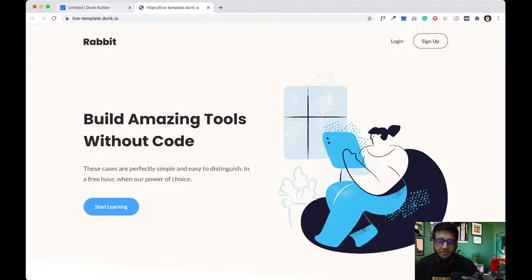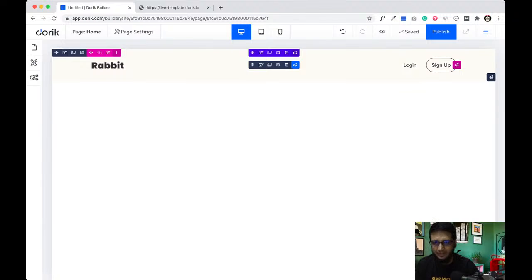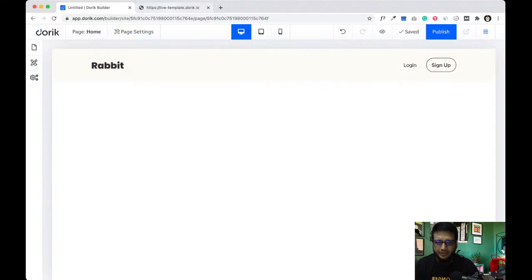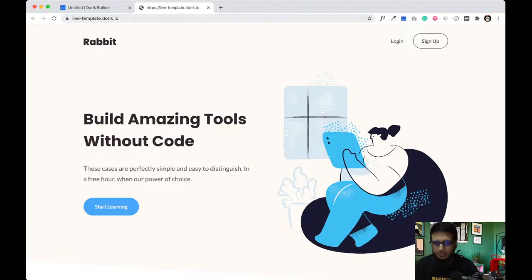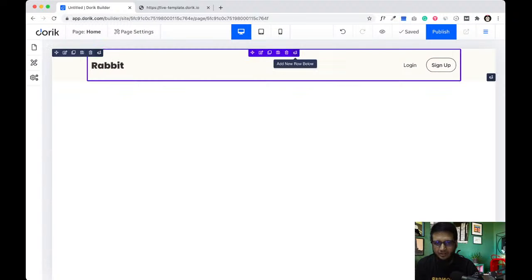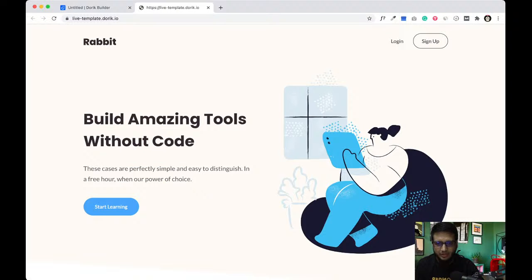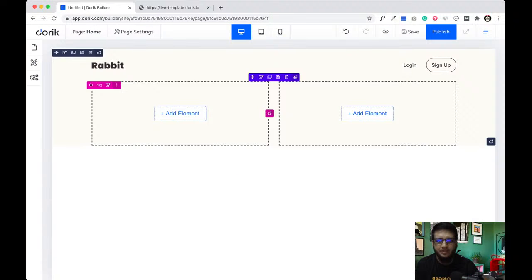Lots of users, we saw, add a new section to create another such thing. We don't need it because we have rows, so we can take one more row, like from here add new row below, and we need 2 columns because there is one and there's one other one, so there are two. And now we have two columns.